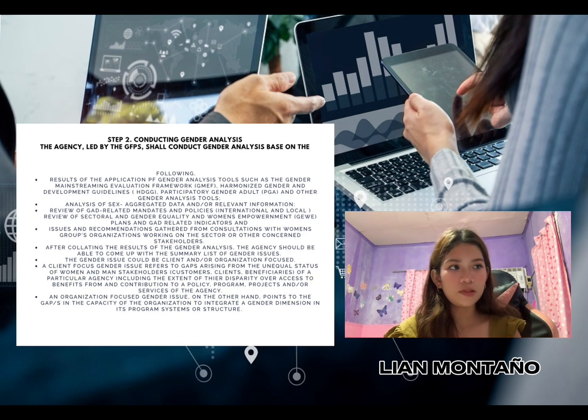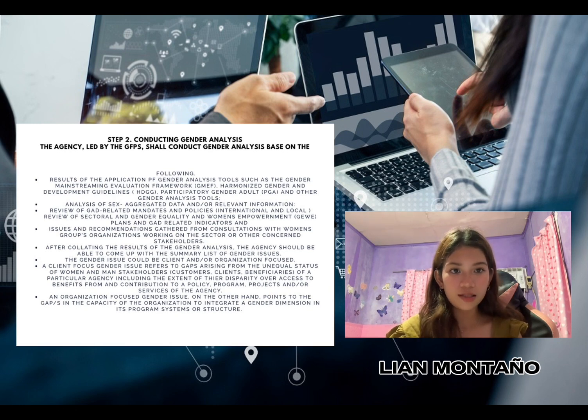Well, this step involves thoroughly examining how gender affects the agency and the people it serves. The agency uses various tools and methods to do this. They'll use tools like the Gender Mainstreaming Evaluation Framework, or GMEF, and others to analyze gender equality. Analyzing data, they'll look at data separated by sex, male or female,